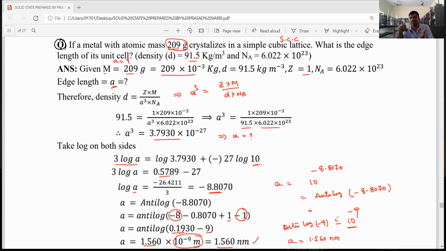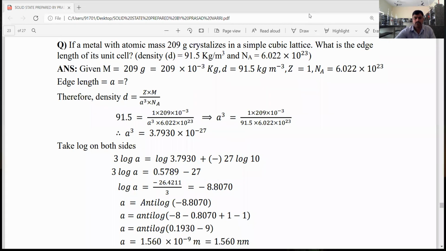Okay, dear students, this kind of problem is a little bit difficult. Here we must have an idea of how to find anti-logarithm values. Anti-logarithm calculations are very, very important. Checking logarithms and anti-logarithms is very, very important. They come in mathematics, and they are important for physics as well as chemistry, especially in physical chemistry. We must learn how to calculate logarithm and anti-logarithm values.